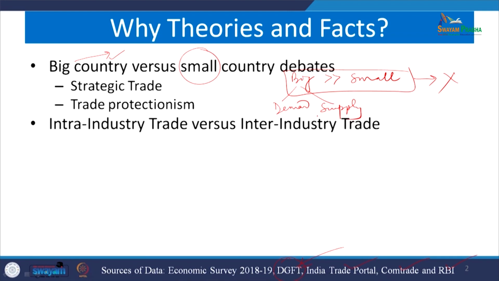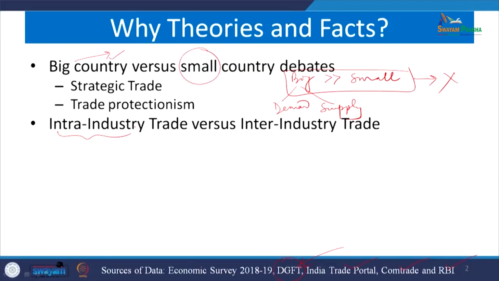Then the next idea of collecting data is also to understand what data. Data in isolation is nothing. Data just describing by its descriptive nature is nothing unless we attach exact theoretical connections to it, or a theoretical construct to explain many complex situations. Another aspect I already pointed out in the last class is that we are supposed to understand intra-industry trade versus inter-industry trade through the data. Let me point out in this context that India and many other developing countries are actually tapping the best benefit in the intra-industry trade segment, because of the fact that